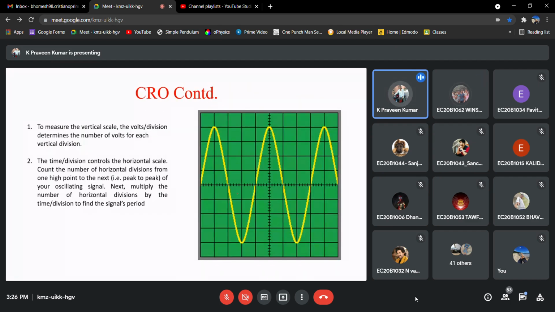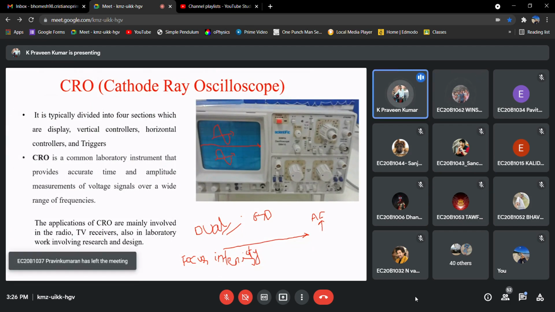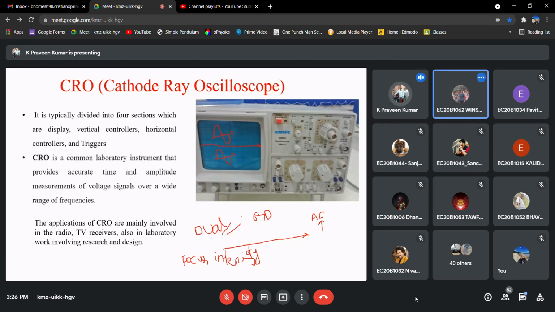Okay. Yes, go ahead. Sir, can we have a small break? Two hours continuous is a bit hard. Okay. Up to what time is the lab there? 2:30 to 4:30. Okay. Do you want a break? Yes, sir. So when will we join again? 10 minutes, sir. Now it's 3:30, so 3:40. Okay, sir. Thank you, sir.